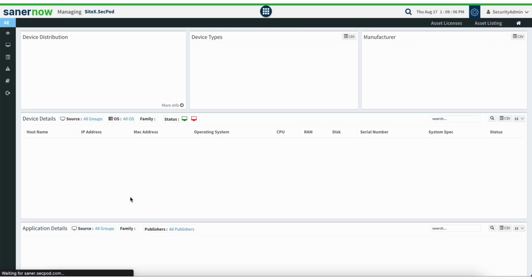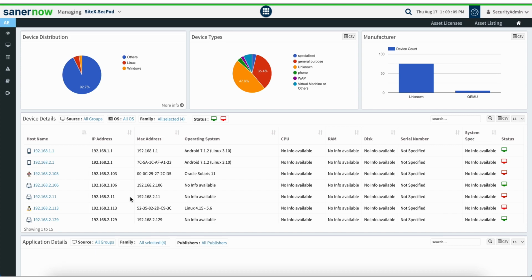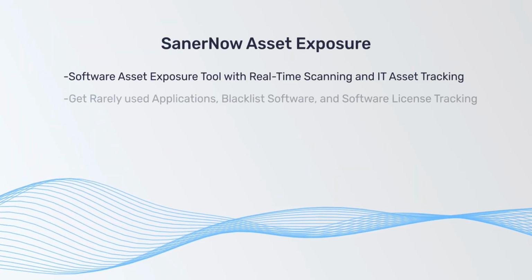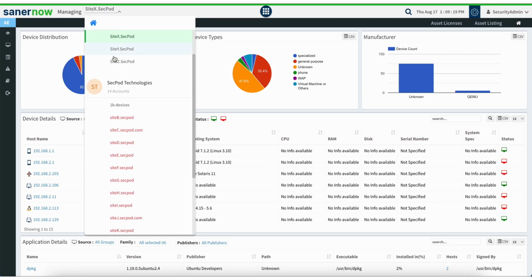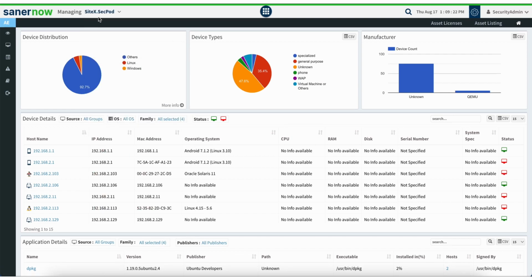So let's jump into each of these dashboards and take a quick look at what can be found on these tools. So I'm in the asset exposure tool, and I'm looking at site X within this tenant, right? And so this dashboard, the asset exposure dashboard, gives me a good view of the software and hardware components of this exact site,